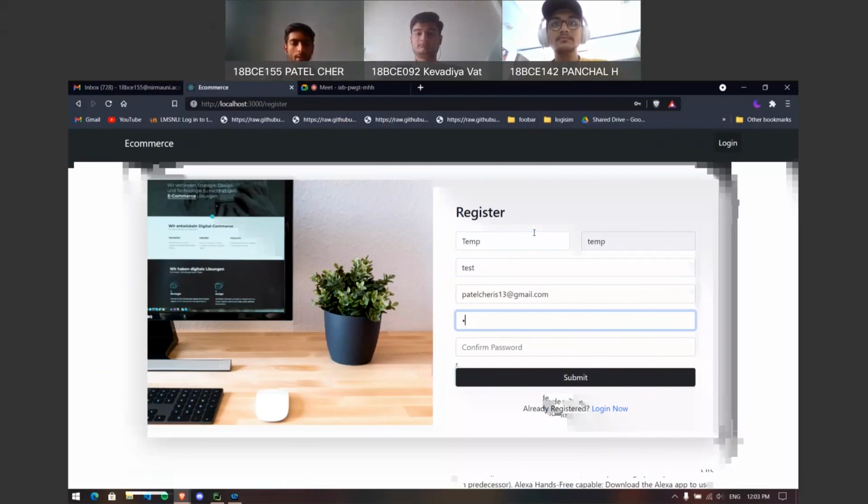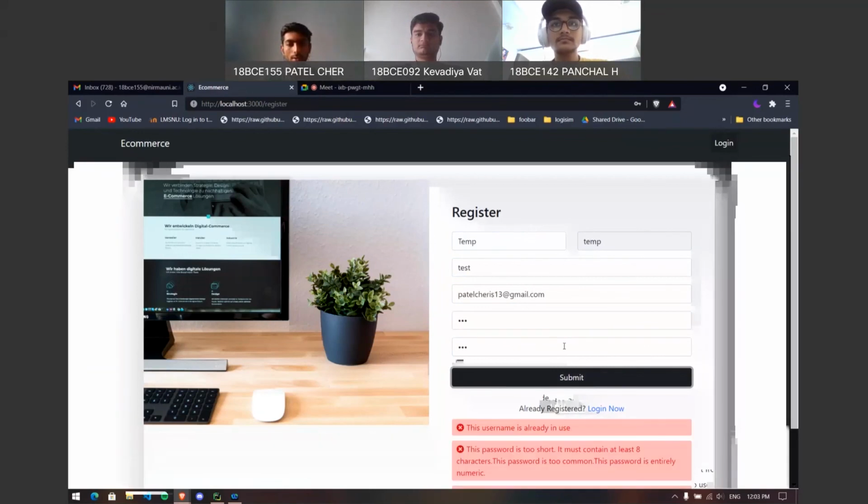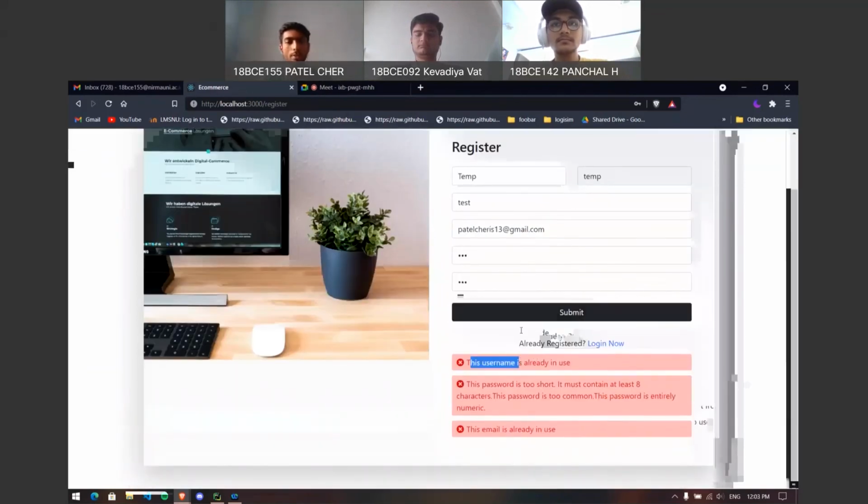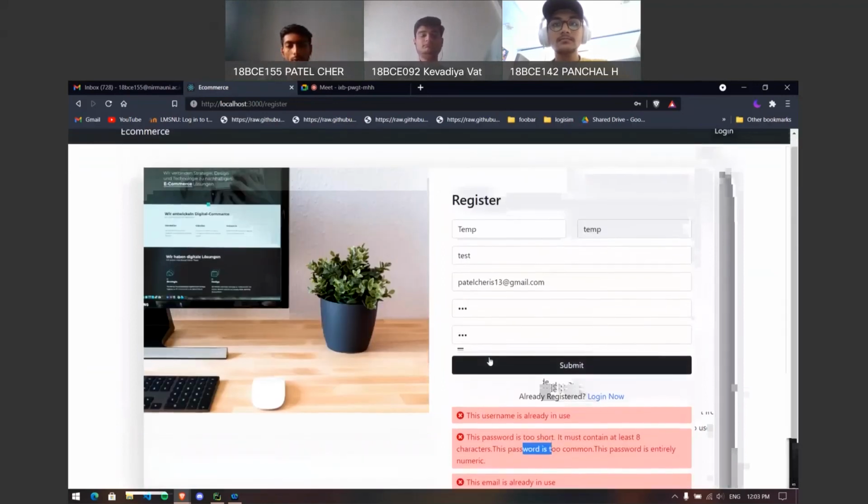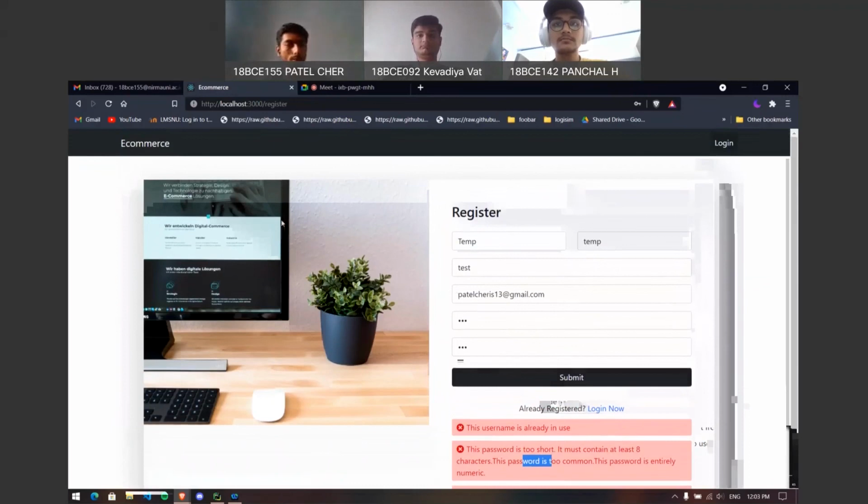I am using a simple 123 as a password, so we can see the errors. Here it shows the username is already taken, which is test, and the password is too small. It must contain at least 8 characters, and it is also too common. The email is also already used. So email and username must be unique.